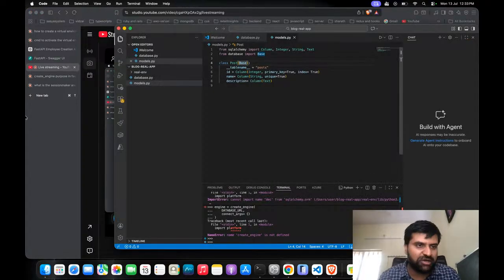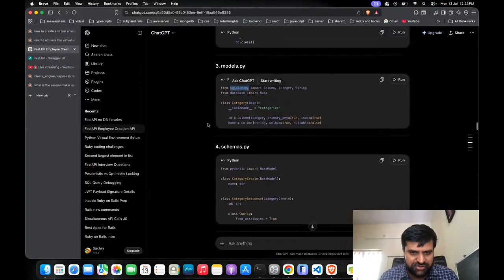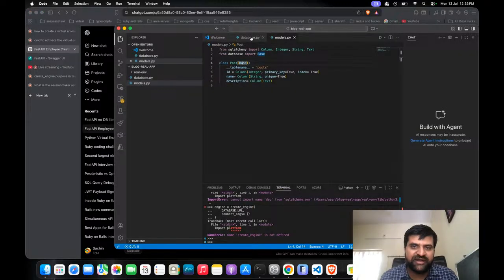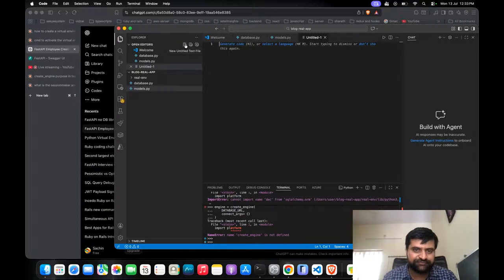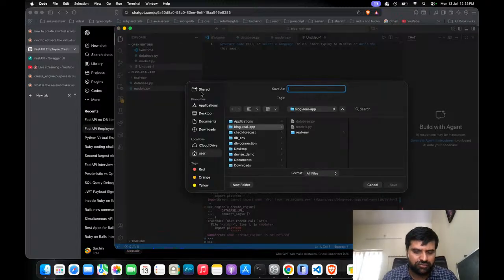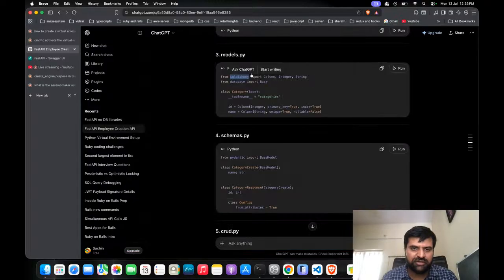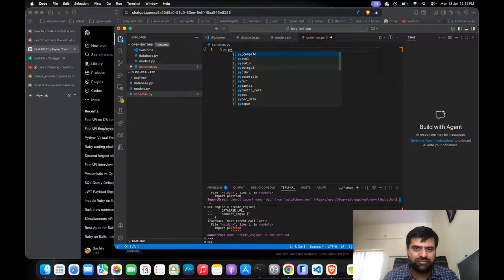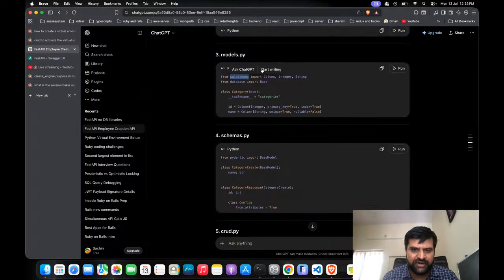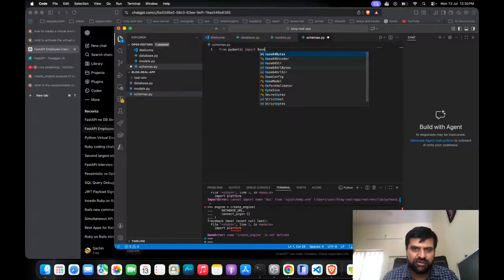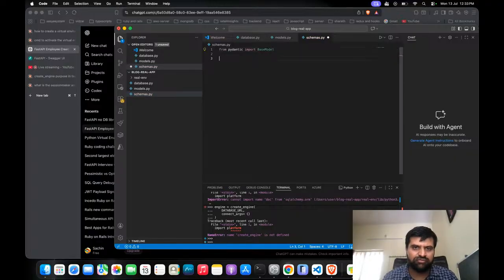Okay, now the next file, schemas. Here comes the Pydantic. Till now the Pydantic was not there, right? So now comes the schemas. Okay, schemas.py. From Pydantic, you import BaseModel. Okay, import the BaseModel, and now class,